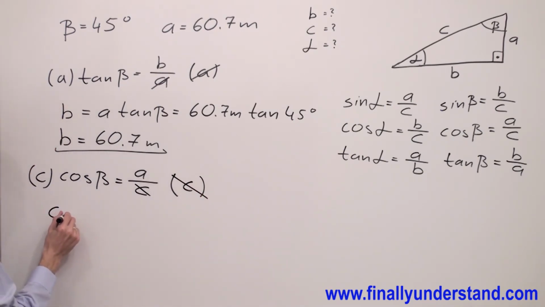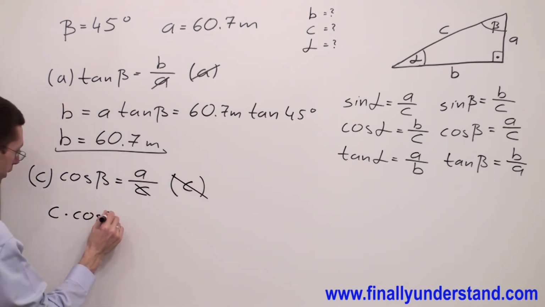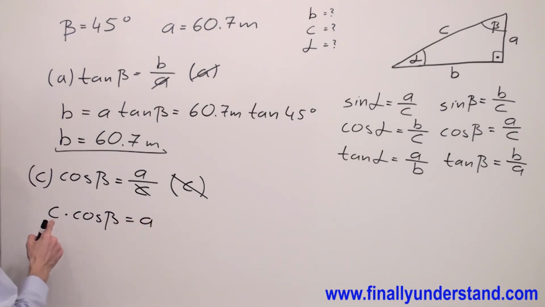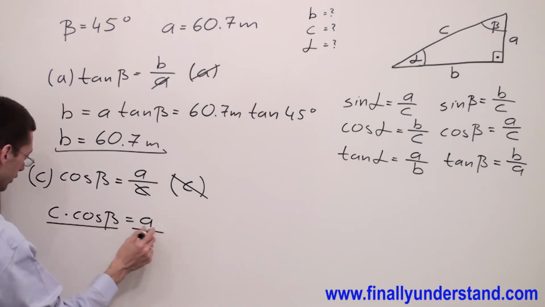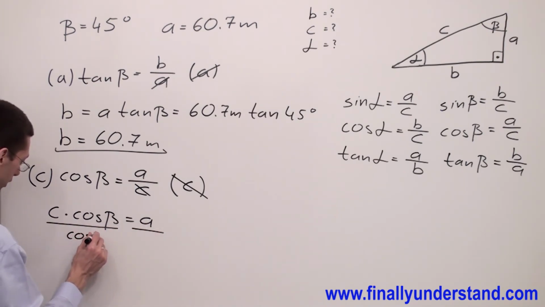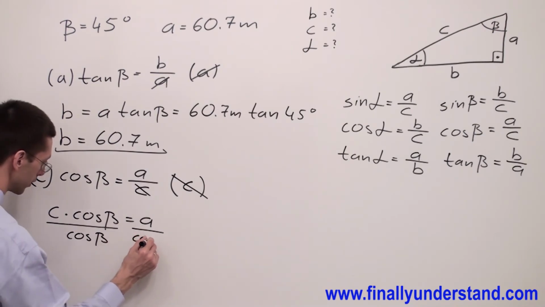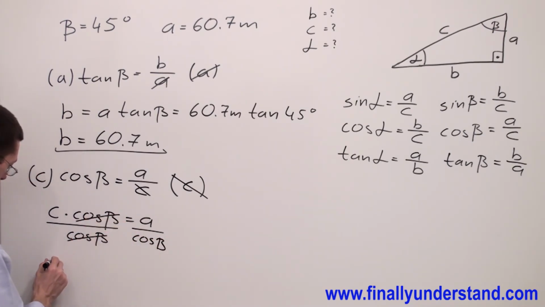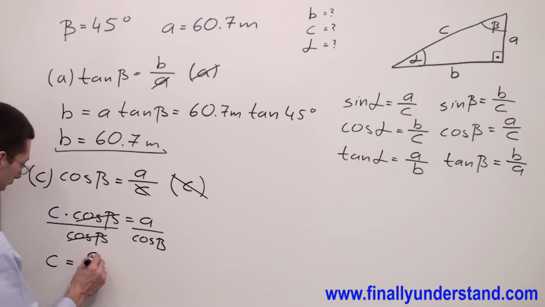So C times cosine beta is equal to A. In order to find C, I have to divide both sides of the equation by cosine angle beta. Cosine beta and cosine beta will cancel out, and we have C is equal to A over